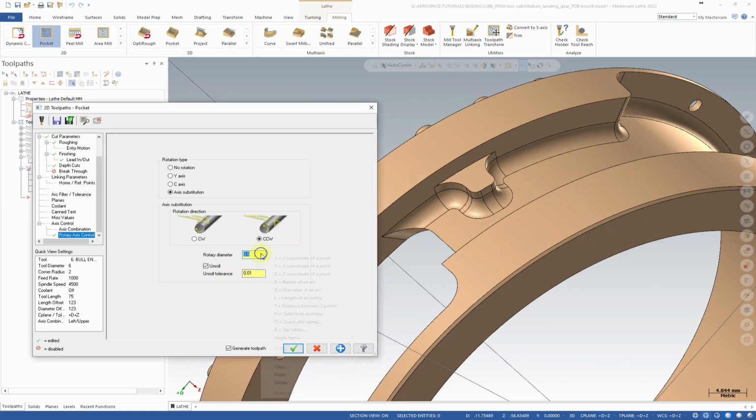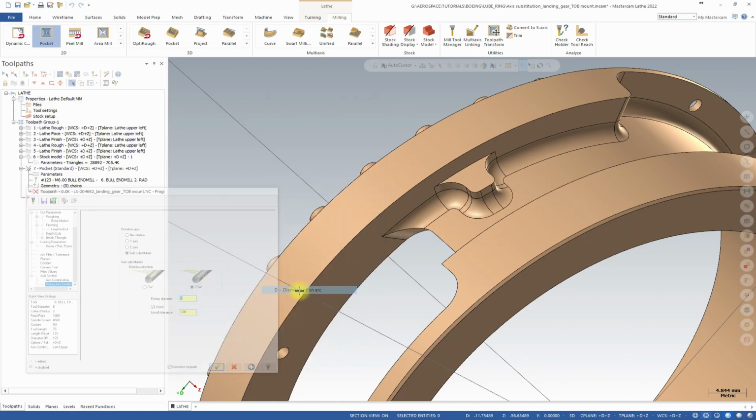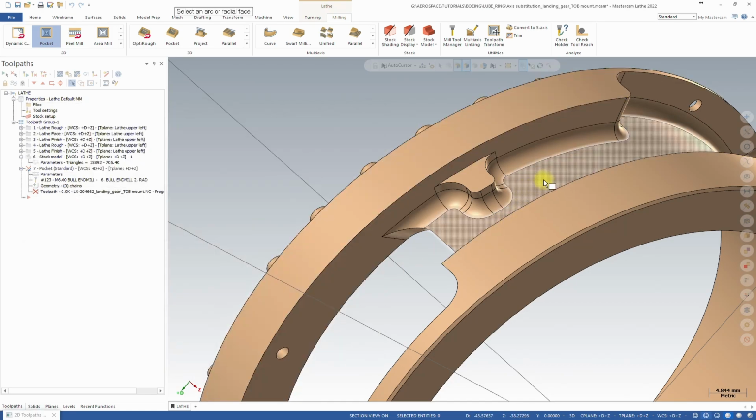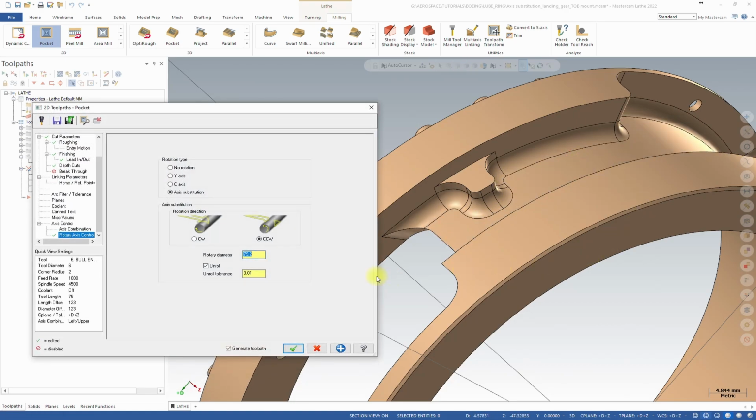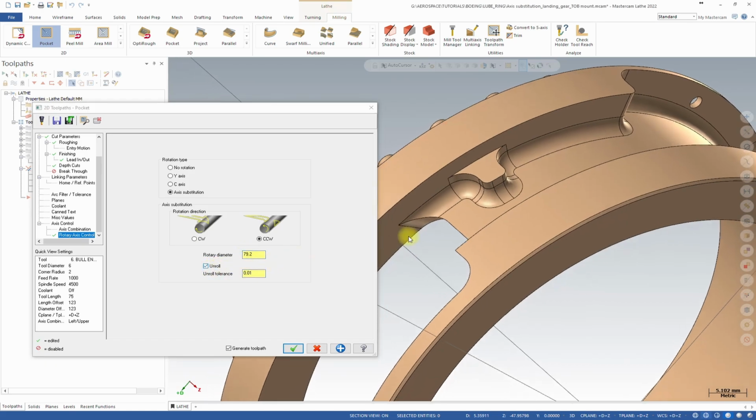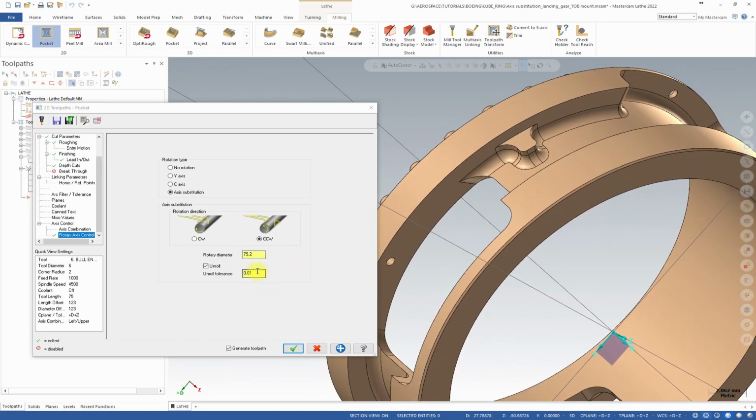Okay, so I'm going to right click on this, and I'm going to select diameter of an arc, and then I'm going to select this face that I use as my chain. Okay, so the chain goes on that diameter. Click on that. This is our rotary diameter, and in our example I have to use option unroll, and it